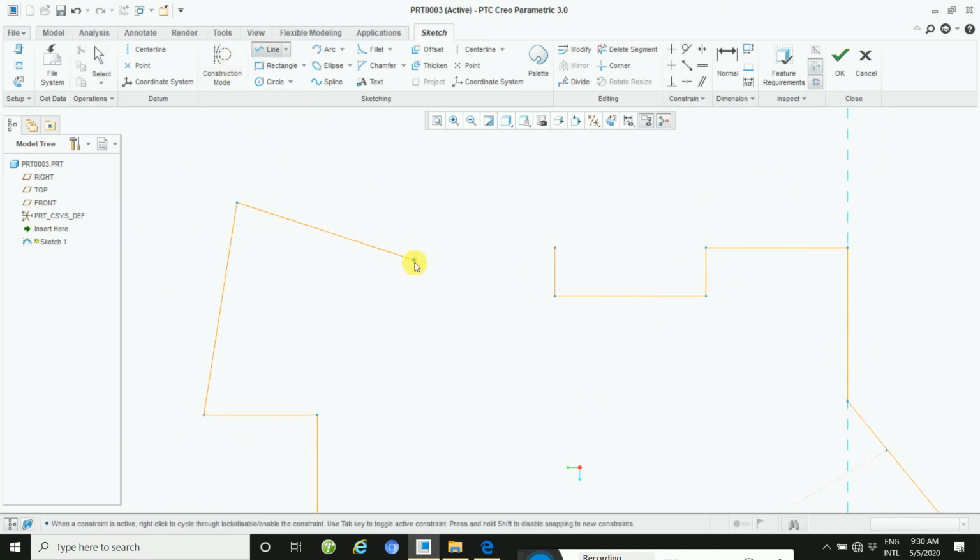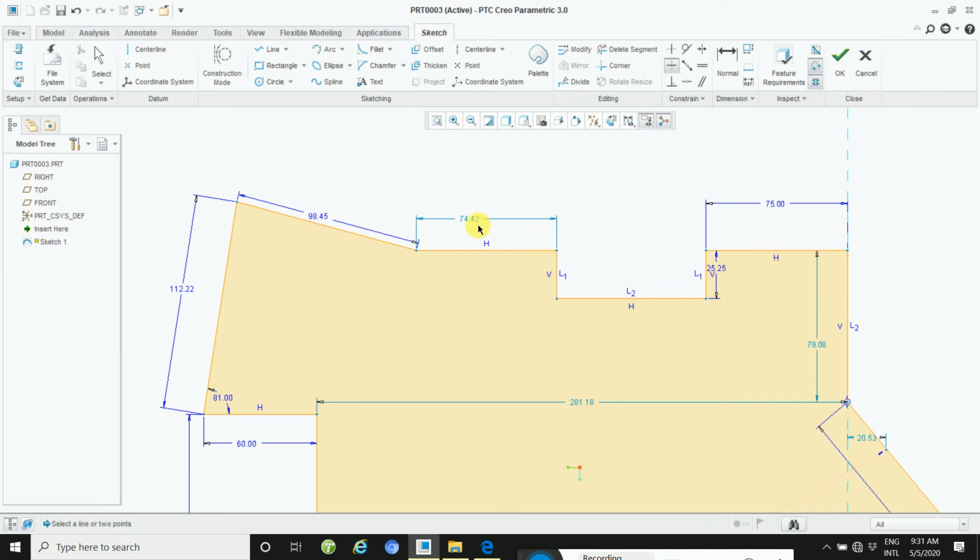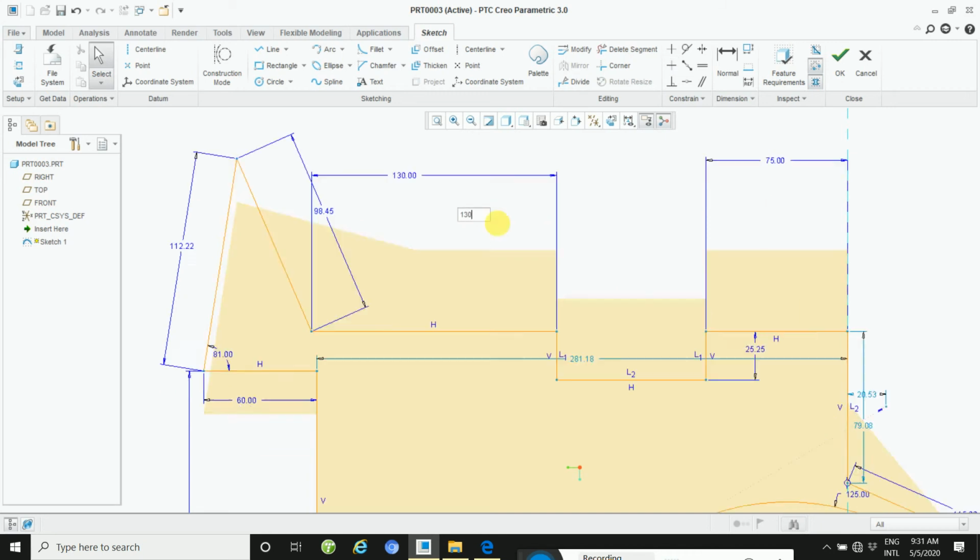Take a line and this way, click there. Okay, and then define this dimension 130. Okay,